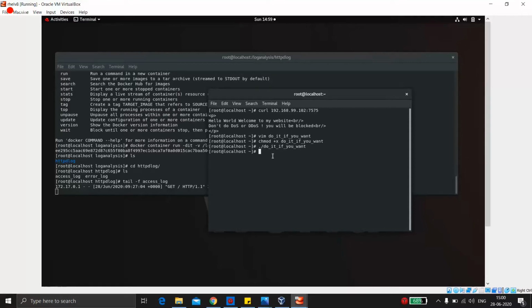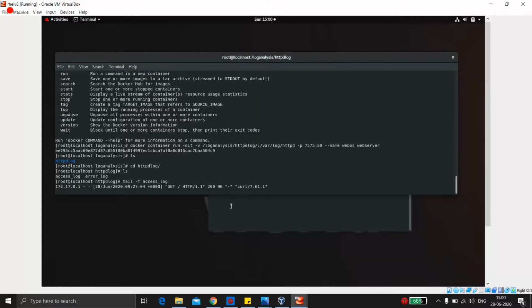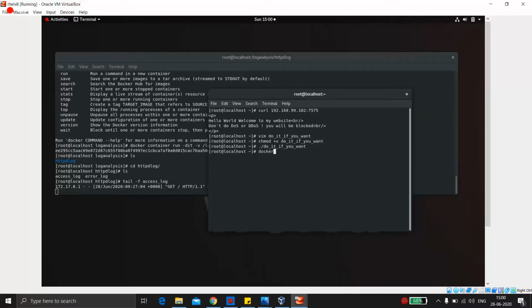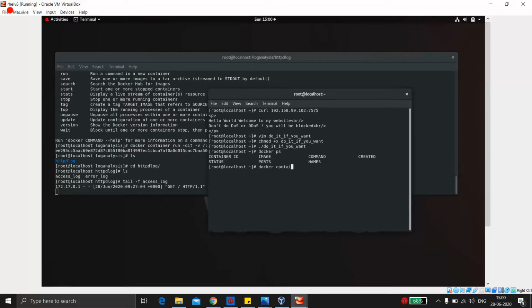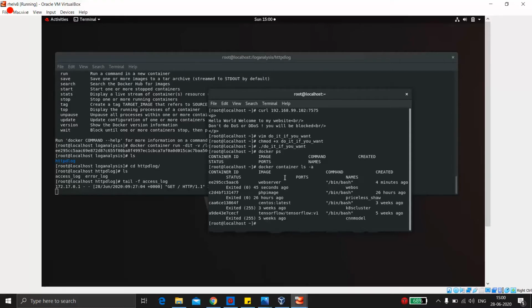So now even the Docker web server which we are running would stop or give an error. If you check it, let me do it very quickly. Yeah, see, you can see that our Docker container is now stopped because we have restarted the Docker services. Now if you want to see the container which is stopped, we can use docker container ls -a. You will see here that our container is stopped right now.